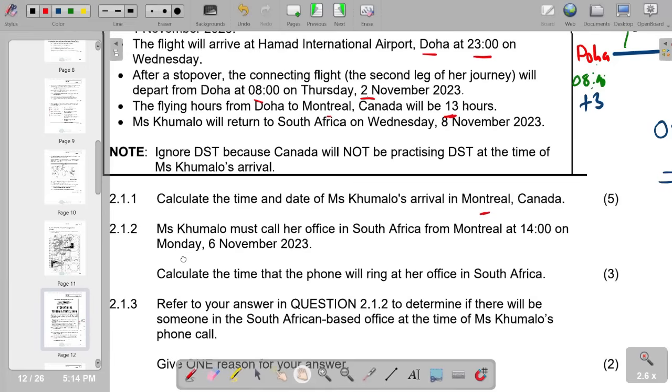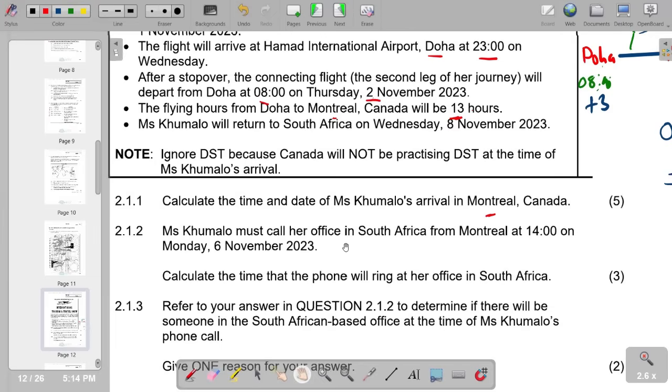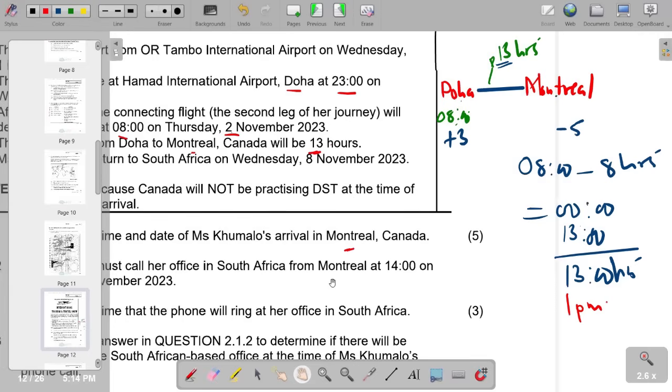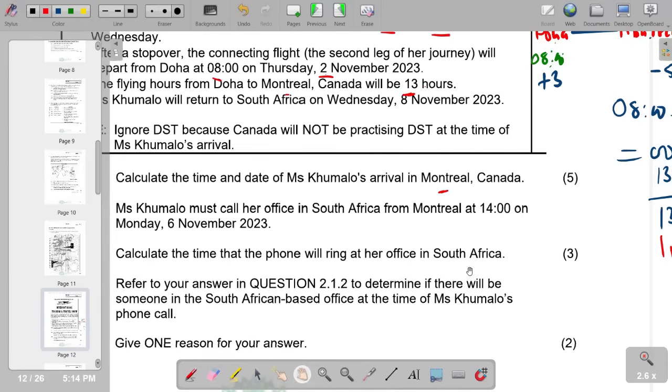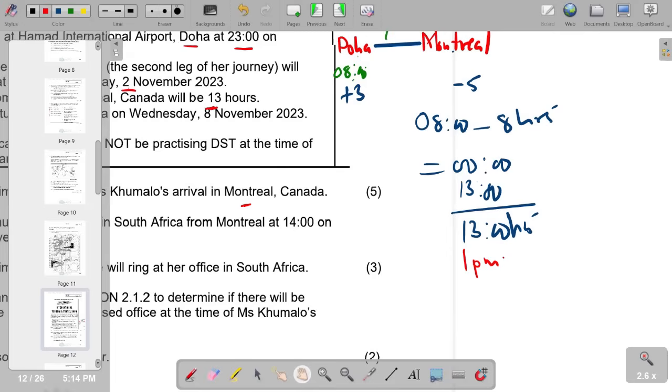Then I will go to number 2. Ms. Kumalo must call her office in South Africa from Montreal at 1400 hours on Monday, 6 November 2023. Calculate the time that the phone will ring at her office in South Africa. So we need to find the difference between Montreal and South Africa so that we can see the time 1400 hours that it will be in South Africa in that very moment. So in that case,